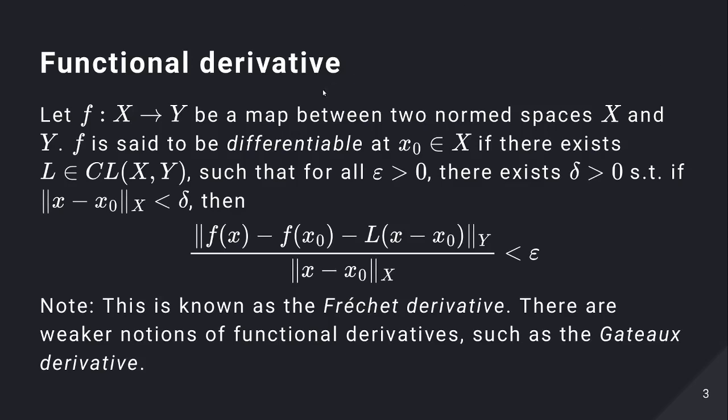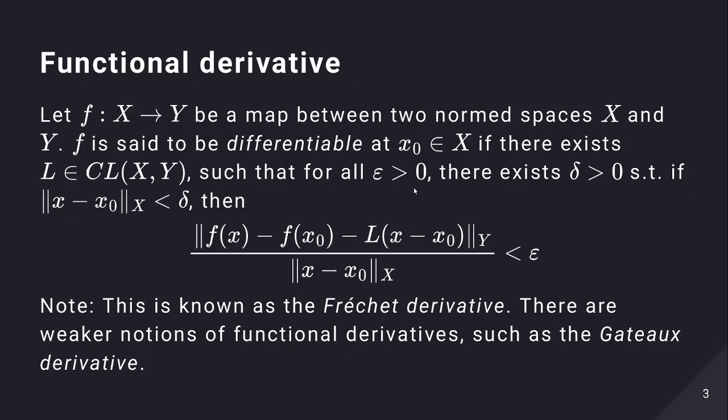Have a map f from X to Y, both of them being just normed spaces, and we say that f is differentiable. In the book, they just say differentiable. This concept is widely known as the Fréchet derivative. There are multiple notions of functional derivatives. Fréchet is sort of the strongest one. f is differentiable at some point x0 in X if we can find some bounded linear operator